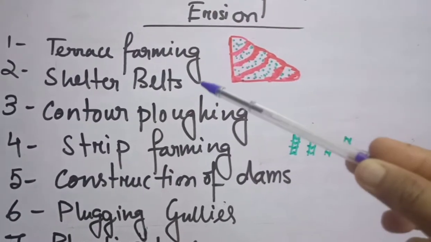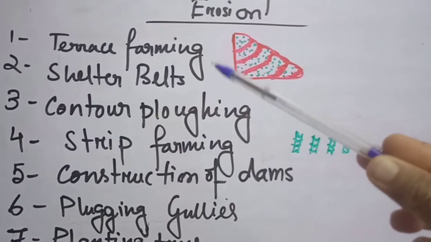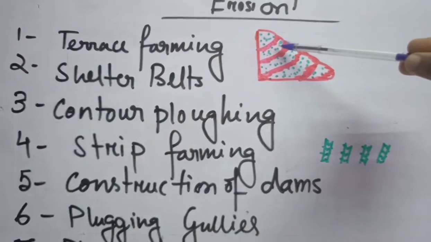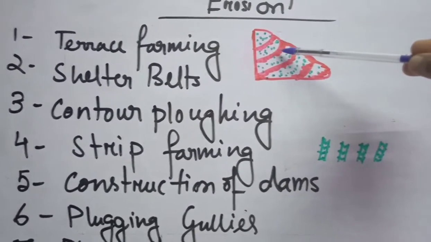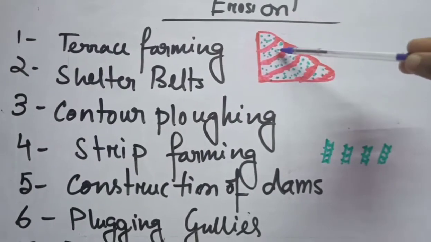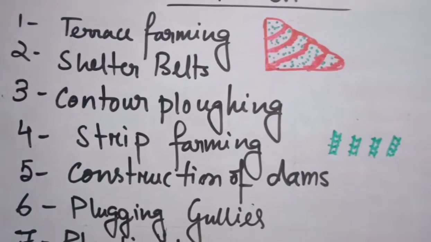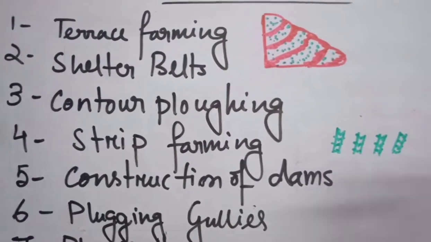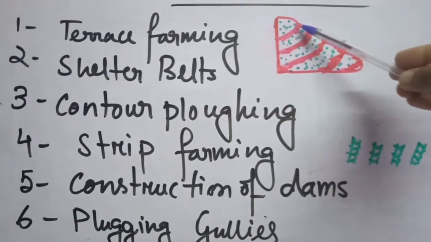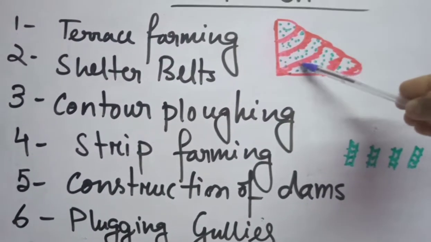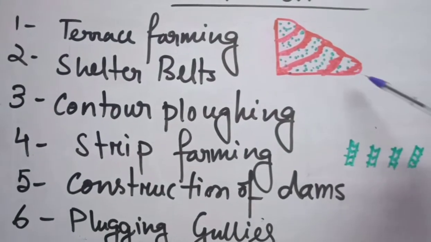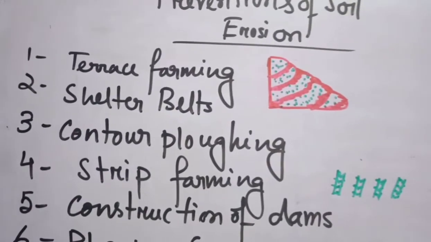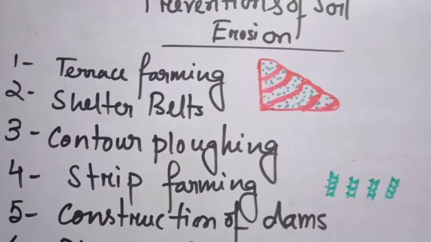You might have heard about terrace farming. Through that we can prevent soil erosion. Terrace farming is also known as step farming. As you have seen here, it is step-like. Terrace farming is seen mostly in hilly areas to prevent this kind of soil erosion. Whenever rainwater comes, it flows to the next level, and to the next level, and to the next level. So we can prevent soil erosion this way, and every step can get a proper supply of water, as you can see in the image right now.